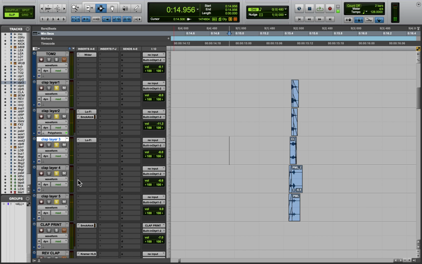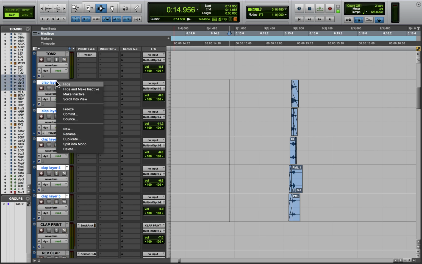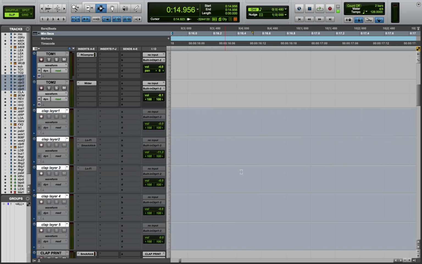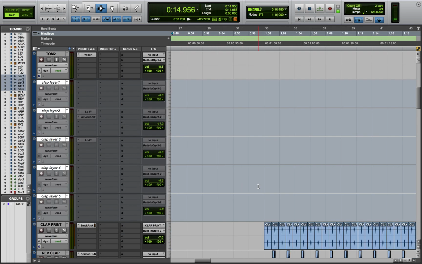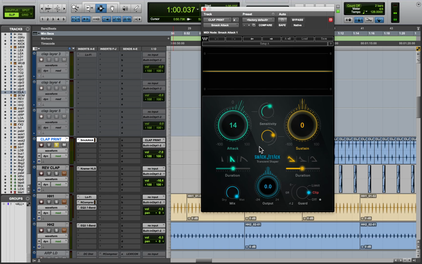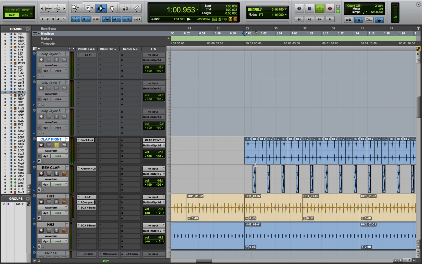So even then, I still did some mixing on the actual clap. So I guess let's just make those inactive for now. And then let's go to the actual clap print. What I did is I printed those, and then I threw the same Smack Attack, and it's just adding a little bit of snap to it. So then you get